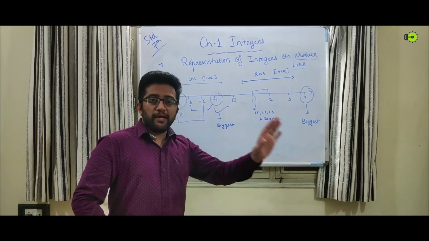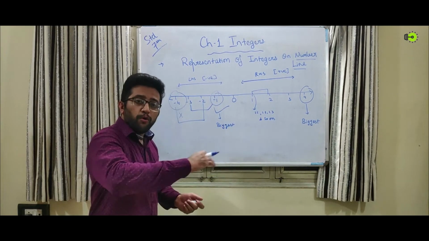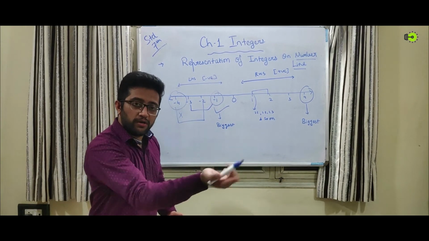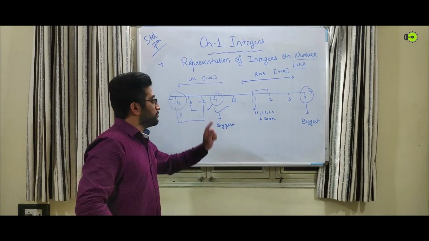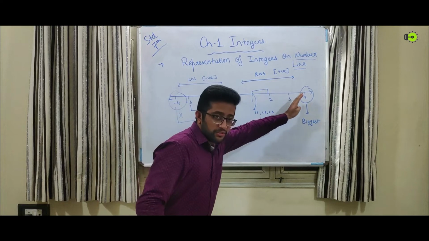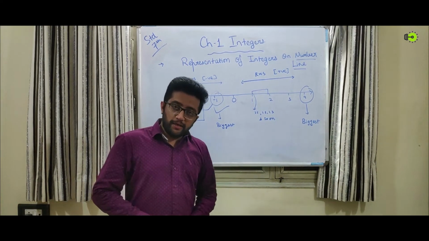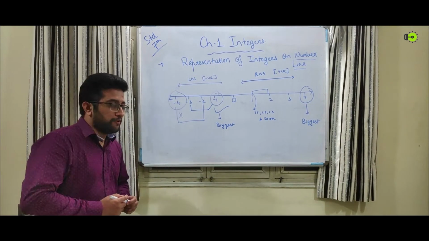Okay, so you need to remember that on the positive side the rule works flawlessly without any type of crux, but on the left hand side the rule works the opposite way. That is, the smaller number is the bigger number on the left hand side. That is -1 is the bigger number here. In case of RHS, the rule works smoothly and normally. Clear? Please make a note of it.